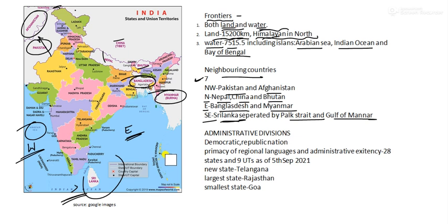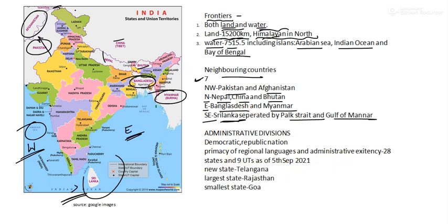Now, administrative division. Since India is a democratic republic nation, the government is elected by the people of India. It is also a huge area with a huge population. We are the second most populous country in the world. So keeping that in mind, mainly for administration, we have divided India into